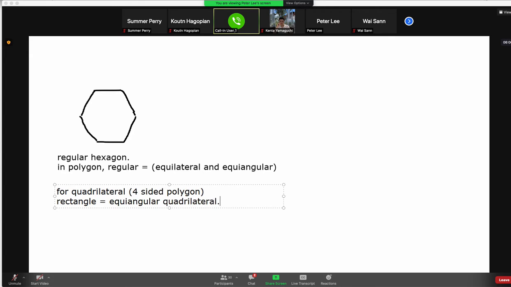Quadrilateral. That means a rectangle is a polygon with four sides where all the angles are the same, and namely they're 90 degrees, of course, as we know. And then there's another one called a rhombus. What is that? That's the equilateral